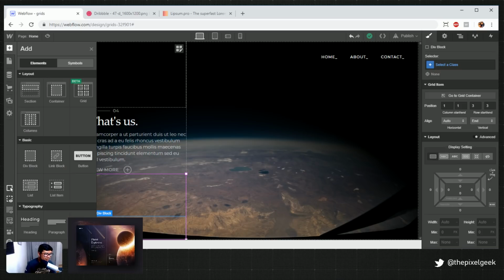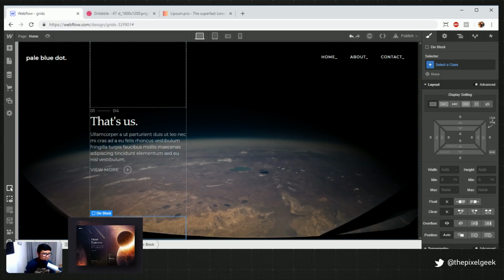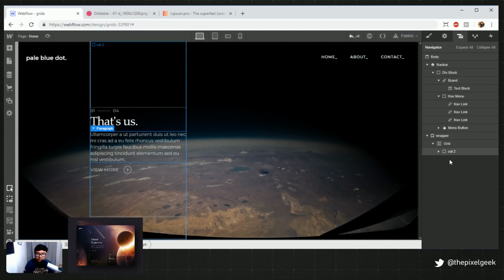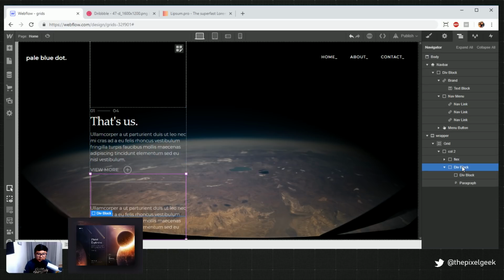Alright, so let's go ahead and do that same thing. I'm gonna put a div block, so that div block's gonna be that first thing. I don't know what the heck that is. And I'm just gonna copy paste so I have 2 div blocks. Oh look, there's no more scrolling up and down. Okay, cool, that's good. Actually, no, I don't need that there. I can just take this paragraph and paste it into here. Cool. I think this is good. We'll see.